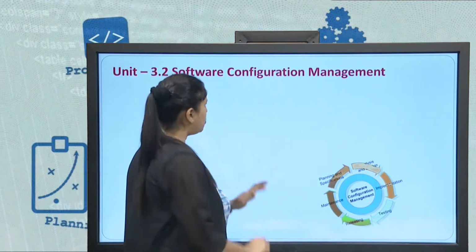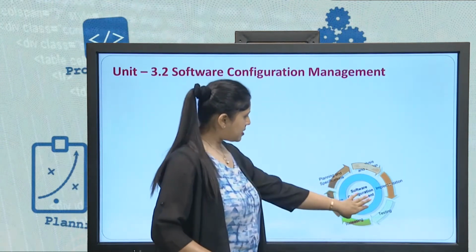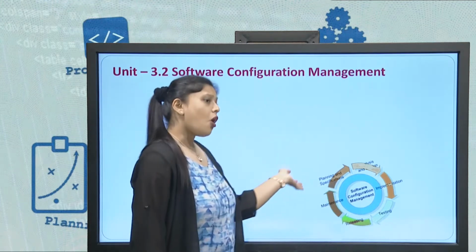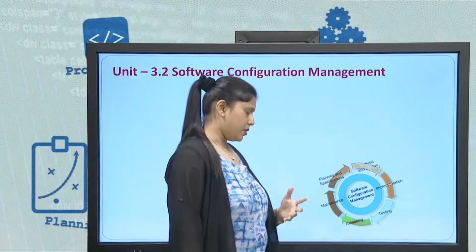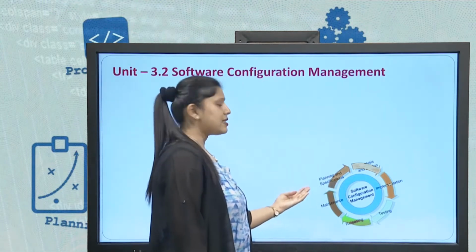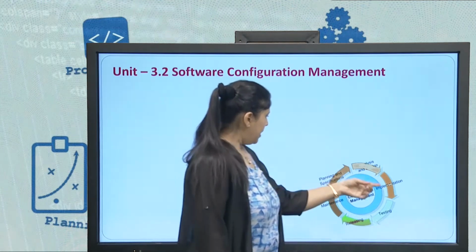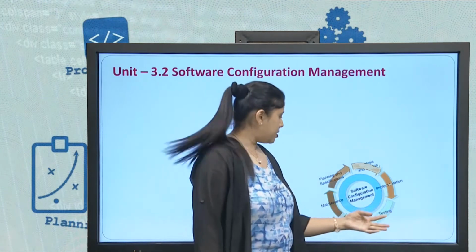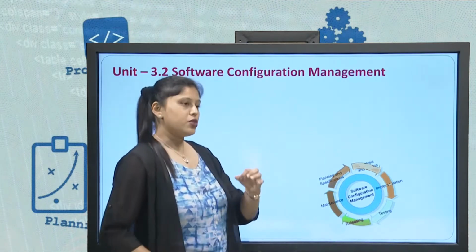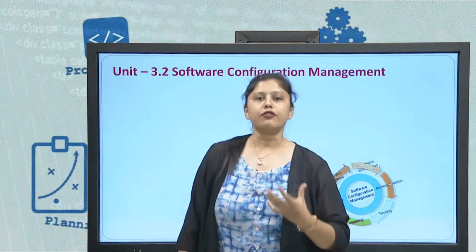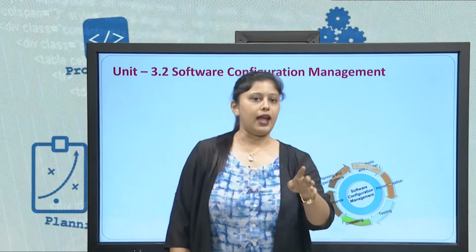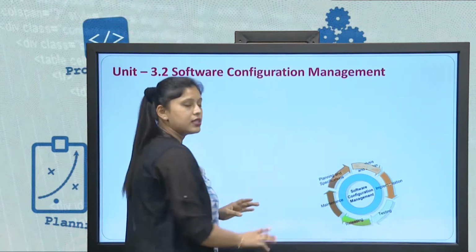Now next, what is software configuration management? Before we see the slides, let us see this diagram. Software configuration management includes all the phases that are there for the software process. It includes analysis and design, planning and specifications, of course, then implementation, where we actually code, testing, releasing, maintenance. It includes everything. So when I say that I am supposed to configure my software, it starts from scratch, that is from the planning till the maintenance phase.